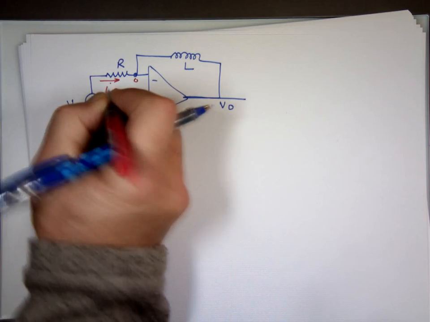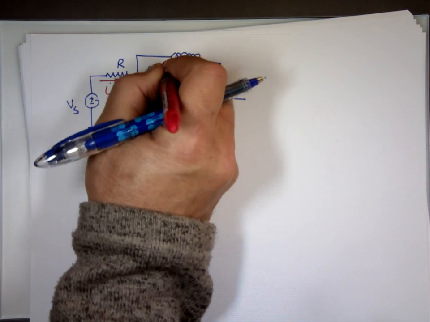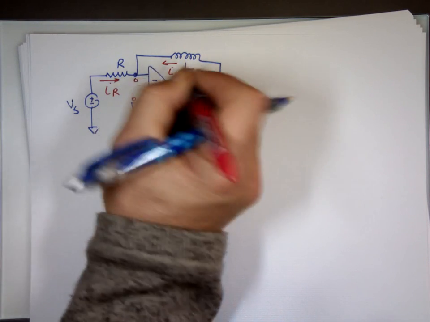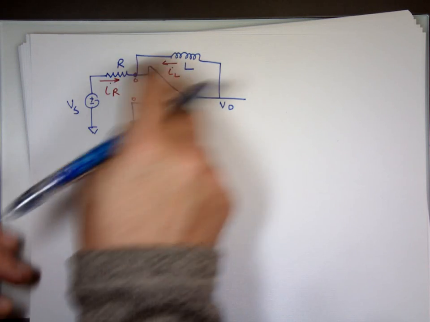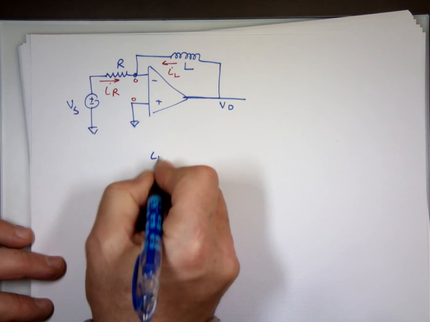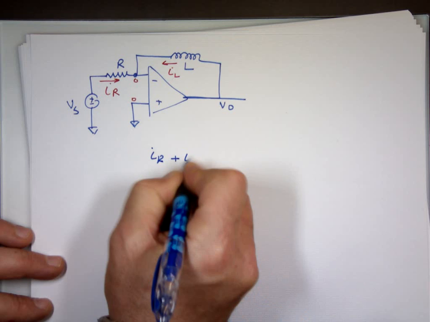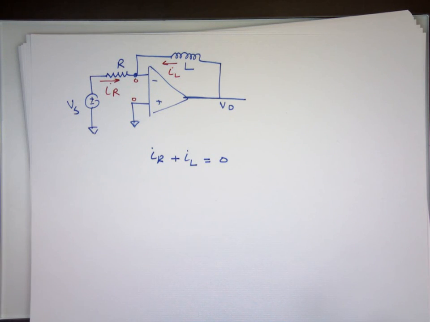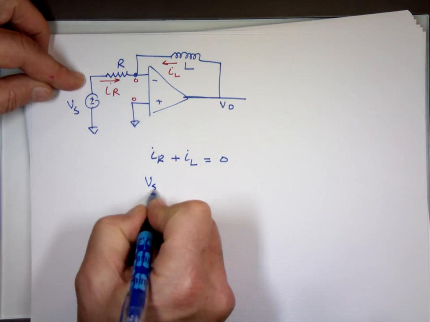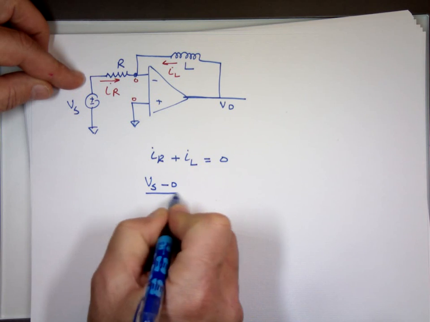Now I'm going to change this. I'm going to make the current go this way. No reason. I always make it go to the right, so I decided to change it. Really, I don't have any reason why I switched it. KCL of this node: if you take all the current going into that node and add them, it should equal all the current leaving. What is going into that node? Vs minus 0 over R